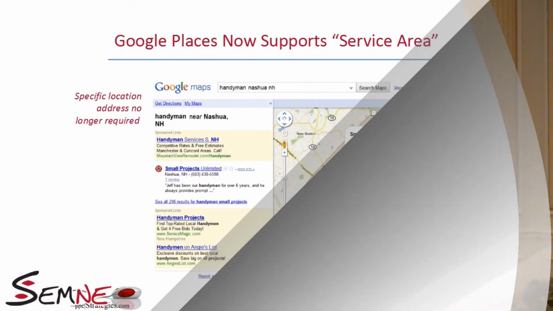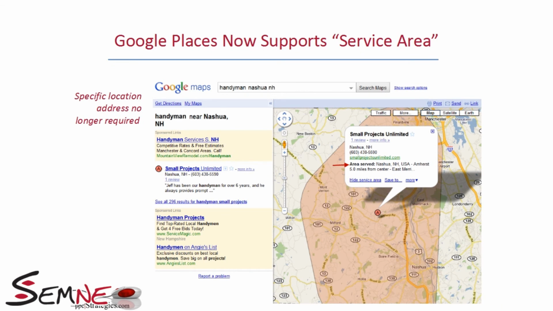Another thing to keep in mind, I'm kind of backstepping a little bit, this is something I did for my handyman. He wanted to have a local places account or a business local account, but we couldn't really set it up for him because he doesn't operate out of a fixed area. He serves an area, and he didn't want to have his home address on the web. So just recently they enabled area targeting,